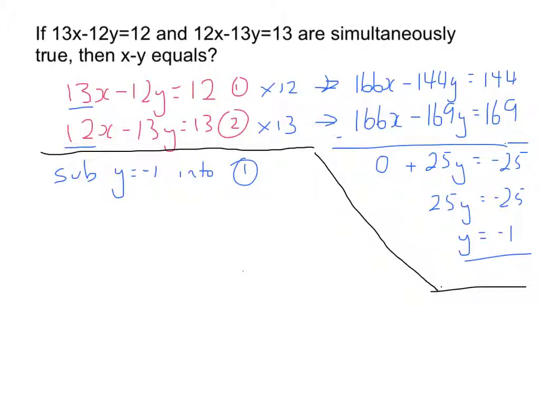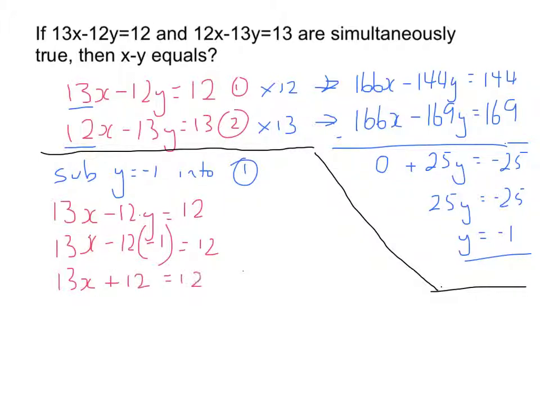Sub y into equation 1, so equation 1 we have 13x take away 12y equals 12, or 13x take away 12 times y, and y is equal to negative 1, equals 12. Or we have 13x, take away 12 times negative 1 would be plus 12